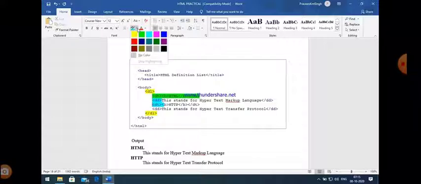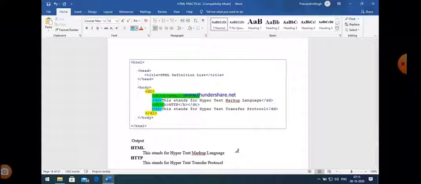Two terms are there, and descriptions of these two terms are also there. First term is HTML, second term is HTTP, and these all are the parts of a definition list. So within a definition list we can define any number of terms using DT and DD. Here I just defined two terms, HTML and HTTP.